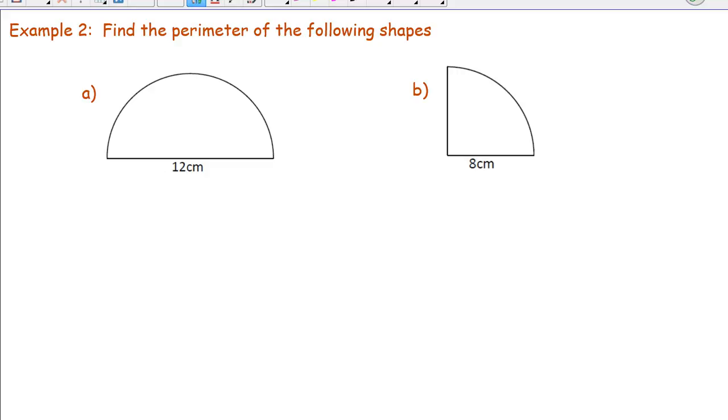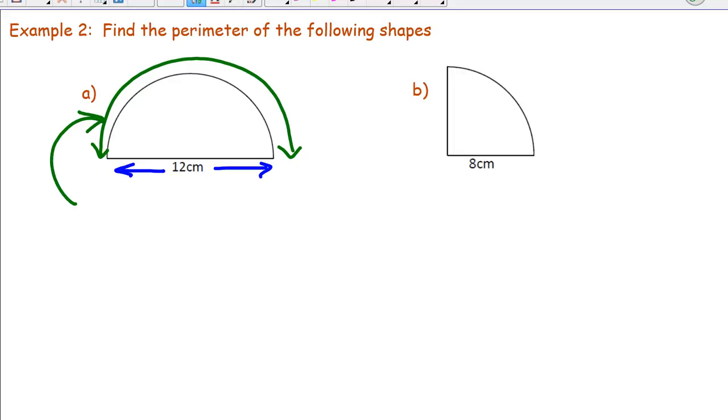All right, next example, find the perimeter of the following shapes. Now, what you have to do here is, remember, perimeter is distance around the shape. Now, here we have the distance from here to here is 12, but we need to find the distance around the shape, which means I'm going to find half circumference. So this distance here